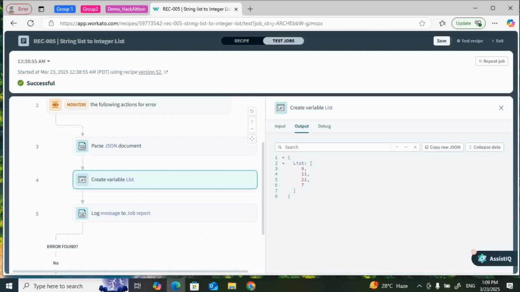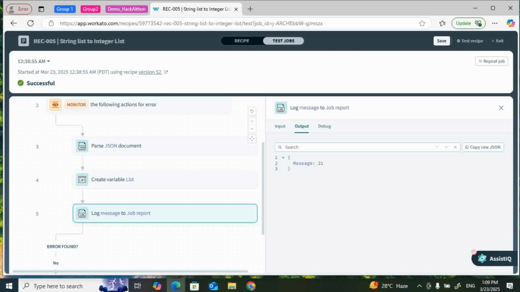Hence it gives me the output 9, 11, 21, 7 as numerical values. I'm applying the max function on the list of numbers, instead of applying the max formula to the list of strings,